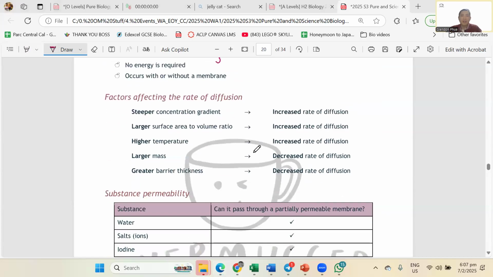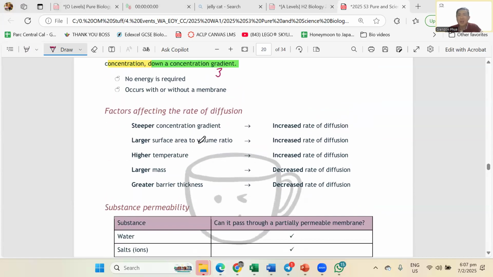Then next, what factors affect the rate of diffusion? This one is very easy. Back to my third question. If you've got a fan down there, you'll blow faster, right? Then the thing will spread faster. So, same thing. If there is something to increase the speed of movement of molecules, what will increase the speed or movement or energy of particles? Temperature. Okay? So higher temperature.